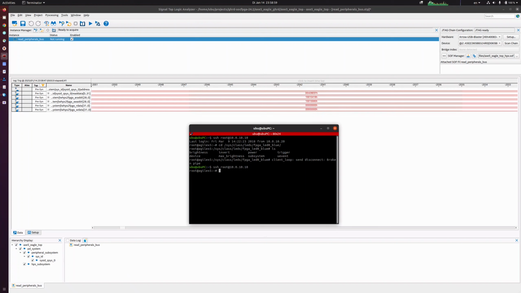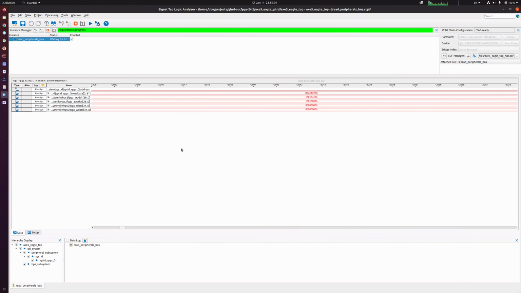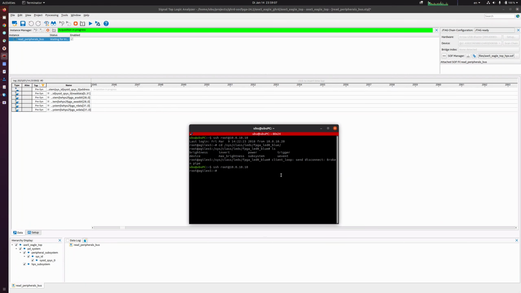Okay, SSH. Great. Acquisition is in process. devmem2. Right. No, devmem2 0x. Let me copy the read address. Devmem2. I can write this. Okay, devmem2. Write this into the